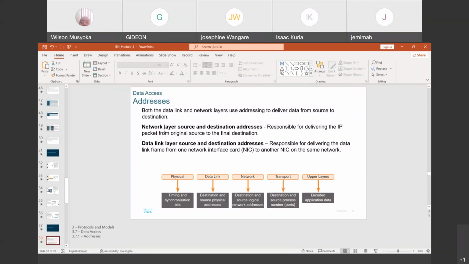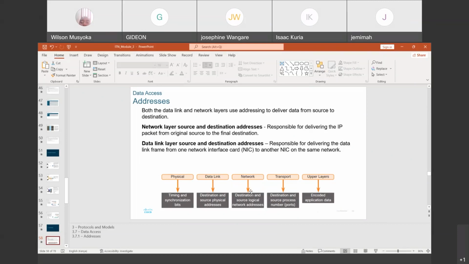The physical and the data link layer, we are going to attach the MAC addresses, which is talking about delivering the data link frame from one network interface card to the other. So that is at the physical and the data link layer. At the network layer, we are talking about attaching the IP address, which is responsible for delivering the packet from the original source to the final destination.